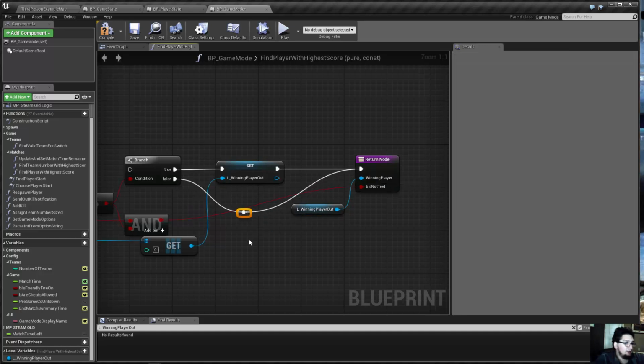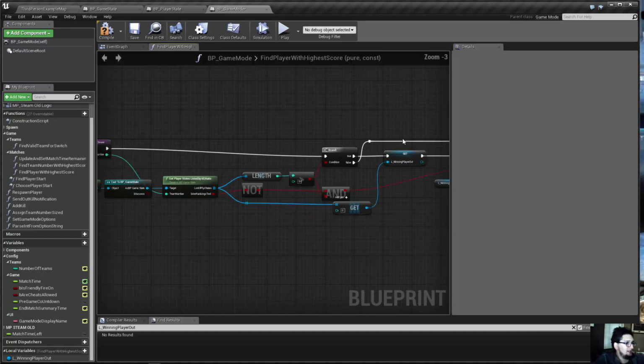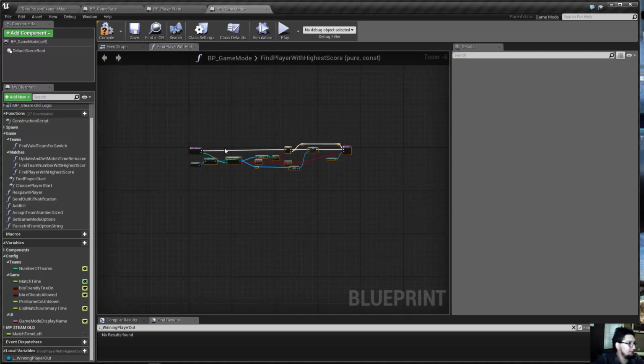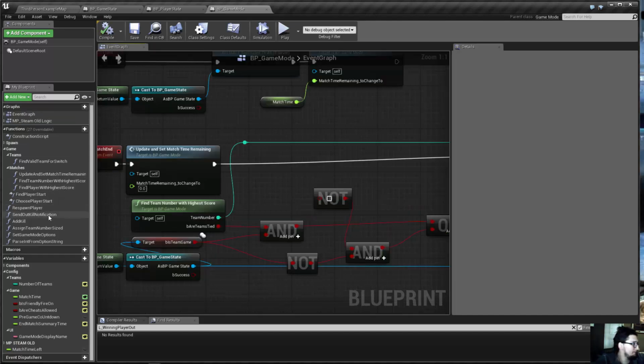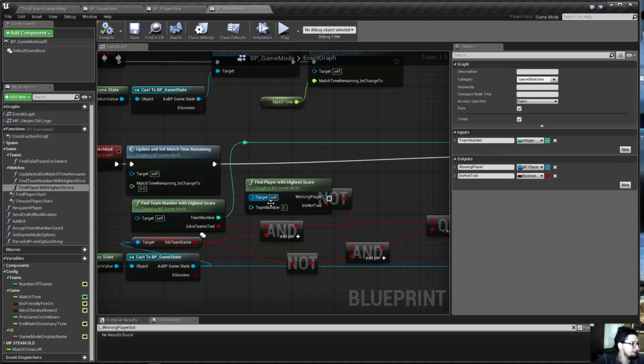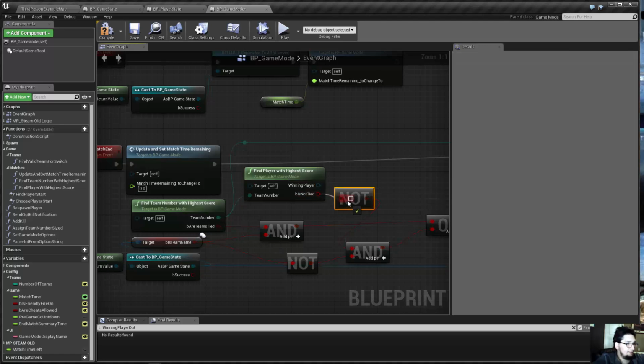And if this is false, then we just return. Let's do that up here. In that case, we would return nothing. Let's bring that up so it's even. Good deal. Alright, so F7 compile, Control S, close, we're almost done. So now we can find player with highest score, and we can connect everything else up. So team number is team number from the team number with the highest score, and then we find the player with highest score. And if not tied,